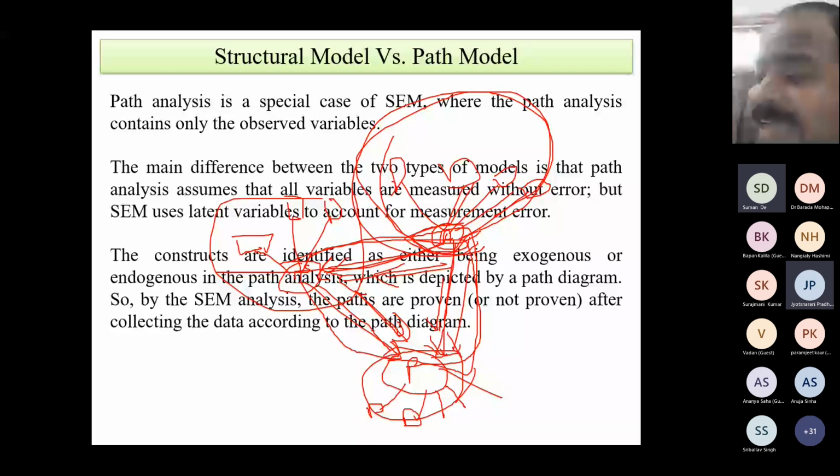You make a data imputation, which I will discuss here. Do not worry. Once you do the data imputation, the unobserved variables or constructs or latent variables will get the values. Once these unobserved variables get the values, you are ready for the path analysis. So in the path analysis, this path analysis is just